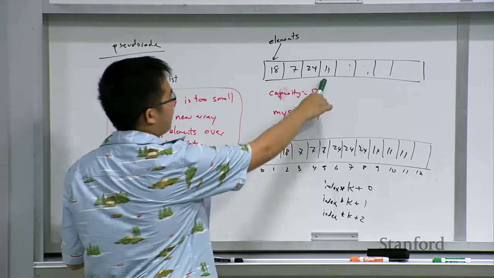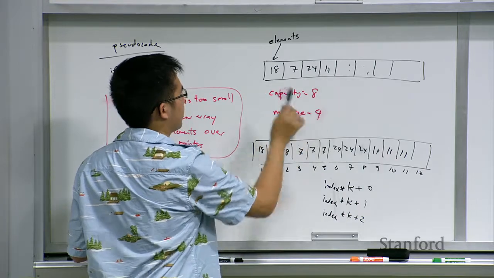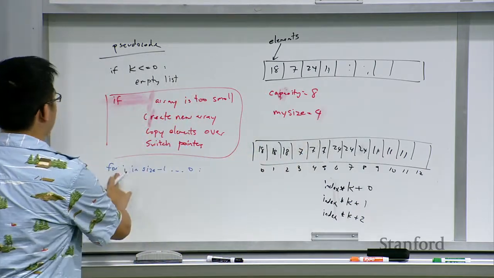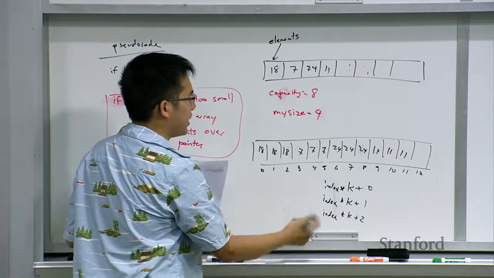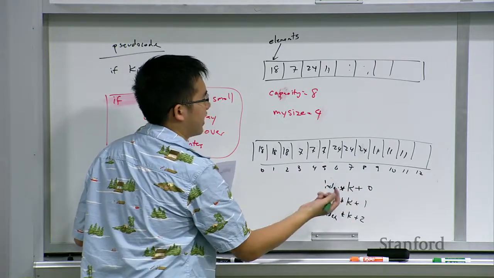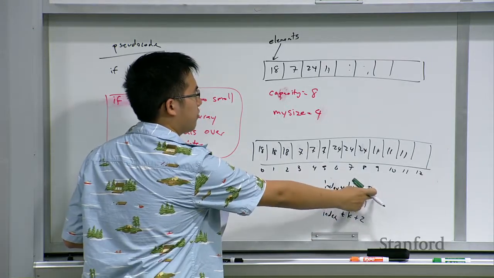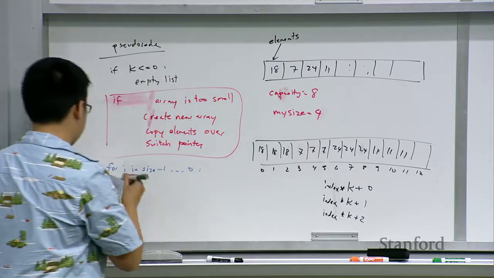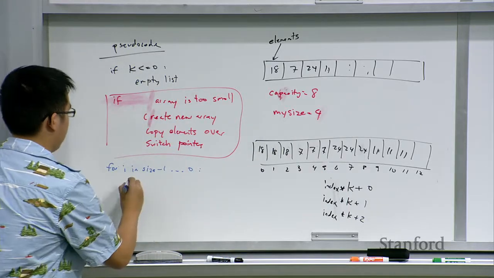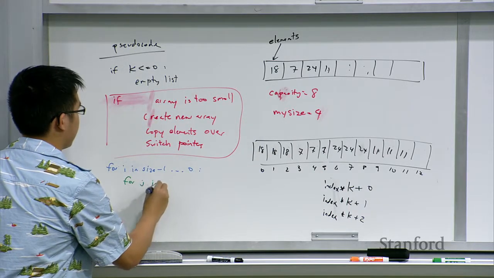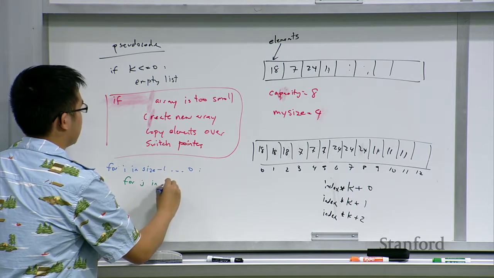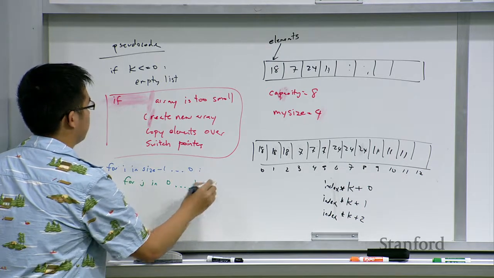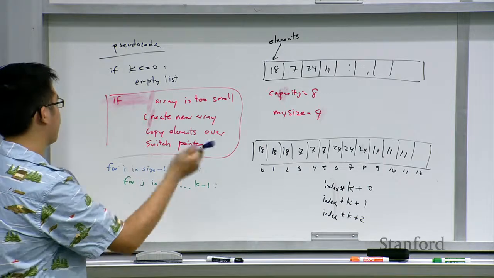Here we started from 4, then 3, and went all the way to 0. We want to essentially copy these elements one by one. Here it's only 0 to 2 because k is equal to 3. But if you have more, you should go from 0 up to k minus 1. So we should say, for j from 0 all the way up to k minus 1,